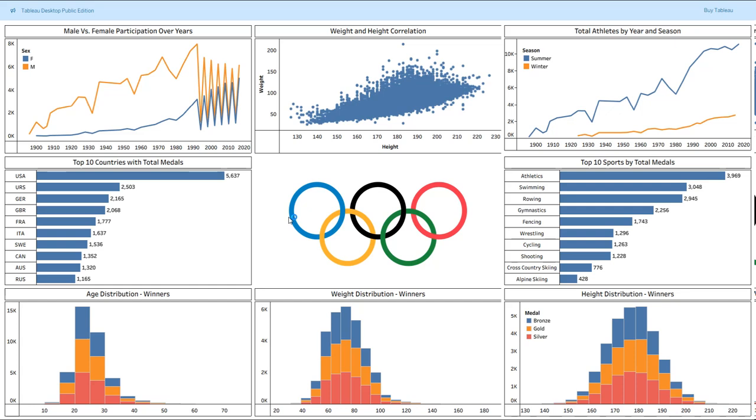In this video, I'm going to create this Olympics dashboard using the Olympics dataset that we will download on Kaggle. As you can see, I'm going to create different charts. So I'm going to start by creating line charts. So we have two line charts, one for male versus female participation over years, another one for total athletes by